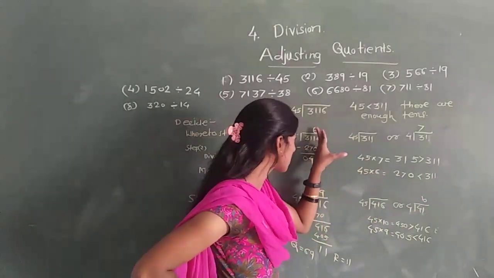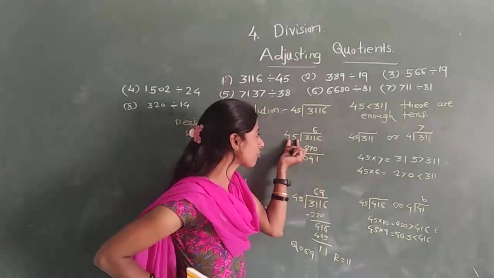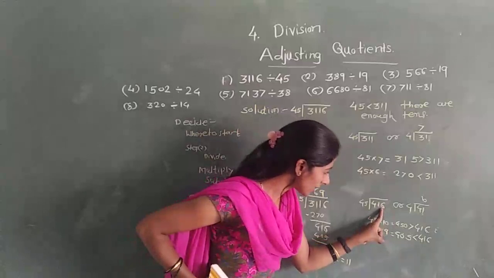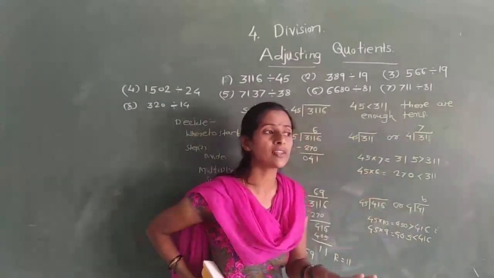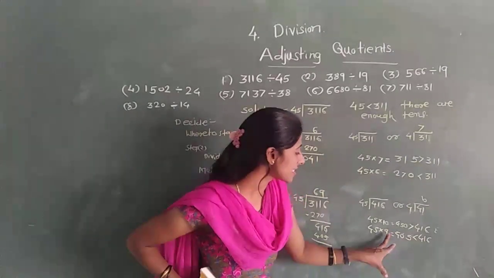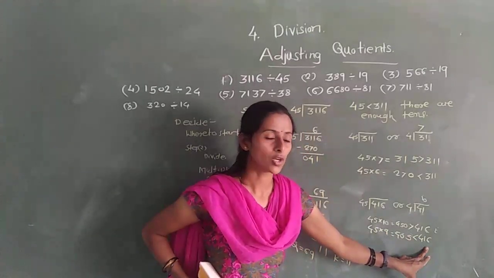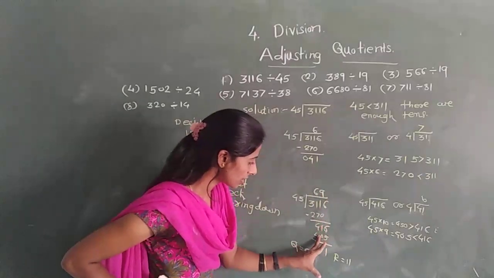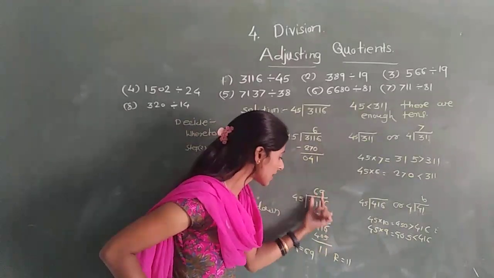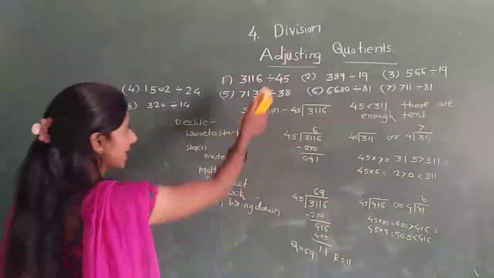Okay, so the adjusted quotient is 6. The remainder is 41. 41 is less than 45, so bring down 6, that is 416. Find the estimated quotient, that is 10. 10 is very high, so adjust the quotient by trying one lower number, that is 9. 45 into 9 is 405, less than the dividend. So the next quotient is 9. Solve this: 11. 11 is less than 45, so stop here. 69 is your quotient and 11 is your remainder. Got it? Okay, now we see the second example.